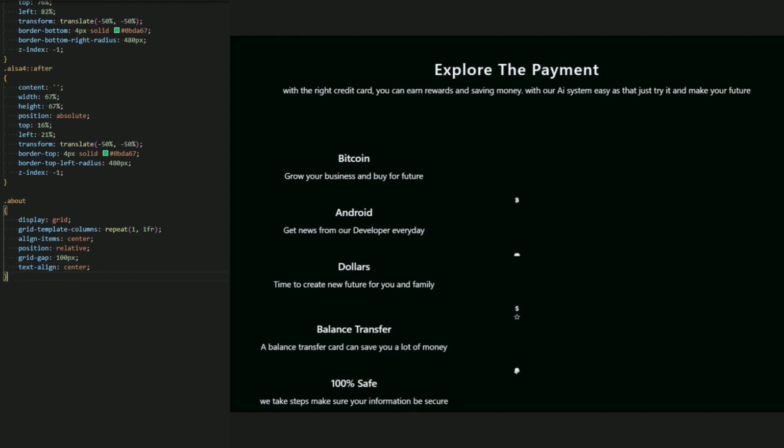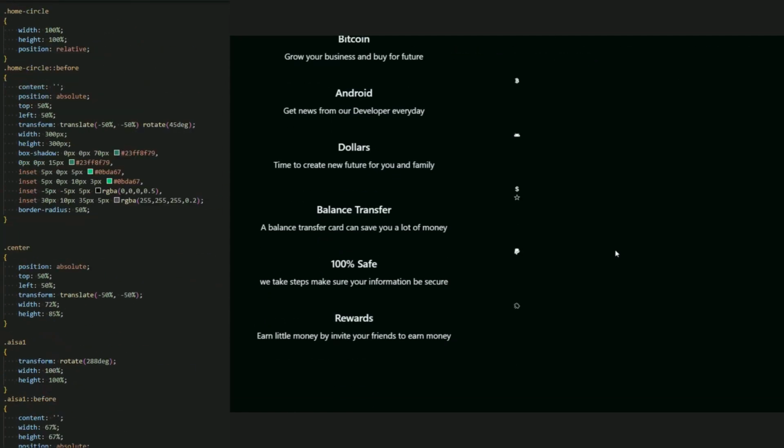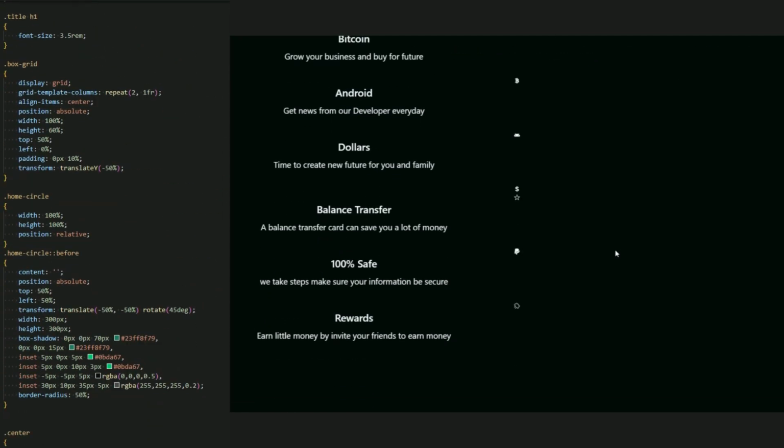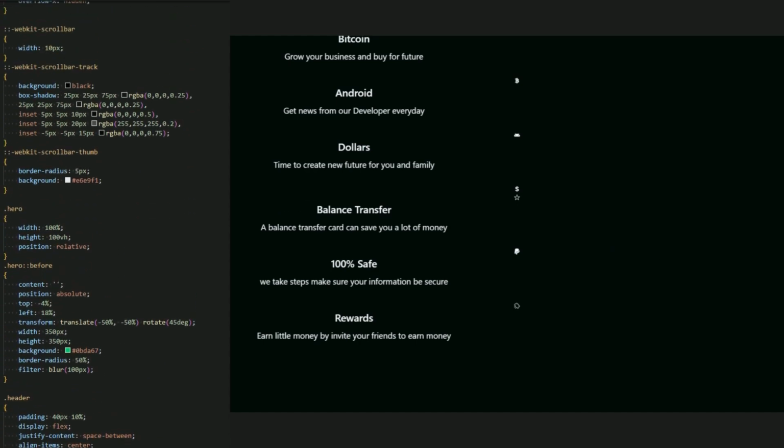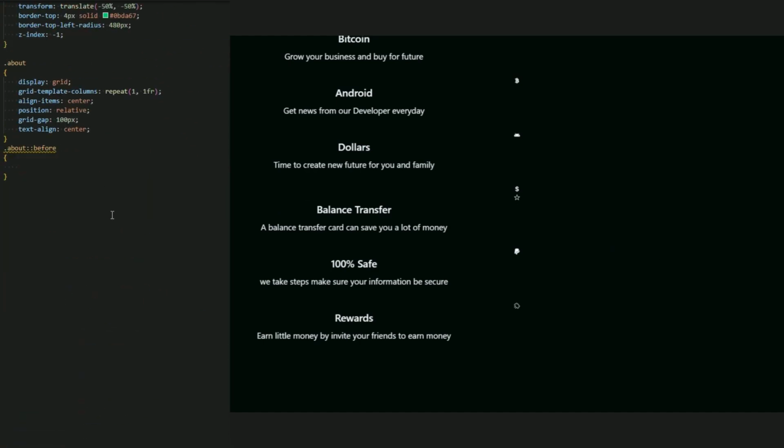And now for the about before, just like we added this hero before, about before. Let me just copy it. Where is it, hero before, yes, here it is. Copy and paste it here, the same style, but we just decrease the size of the width to 300 pixel and the height 300 pixel.